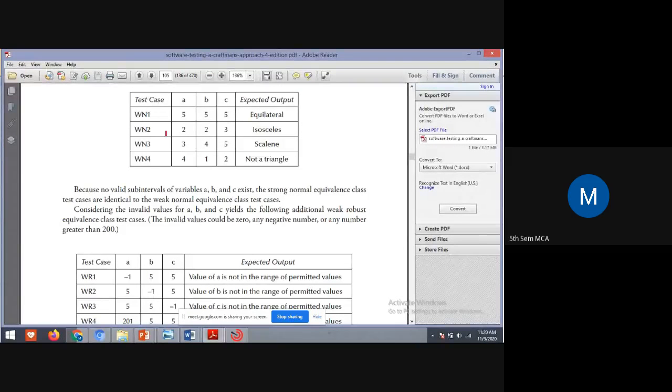Here are some of the test cases. In the first test case, A, B, C is 5, 5, 5, and it is an equilateral triangle. Next, A is 2, B is 2, C is 3. It is an isosceles triangle. Next, A is 3, B is 4, and C is 5. It is a scalene triangle. Coming to the fourth case, A is 4,